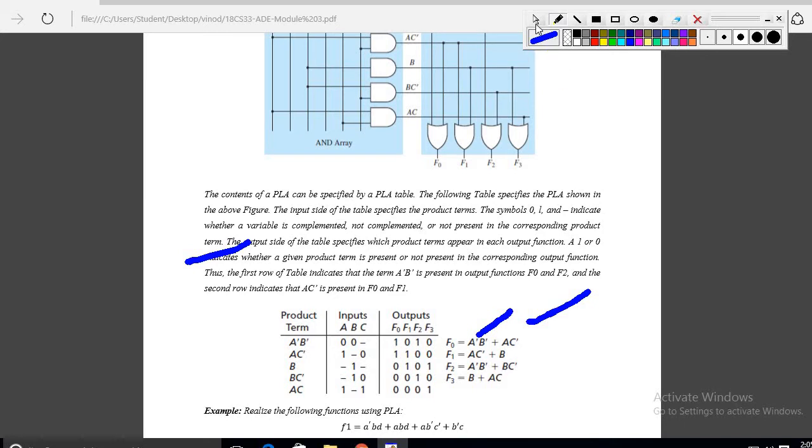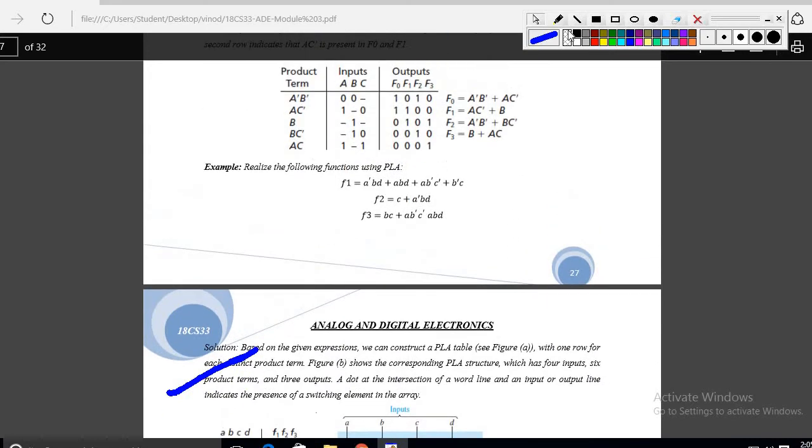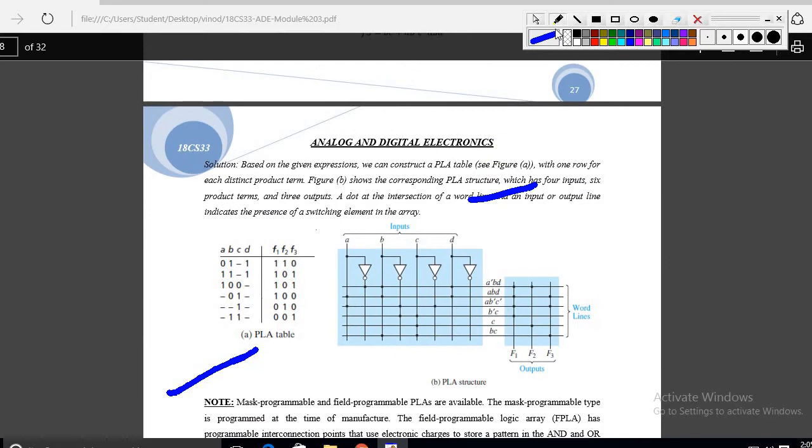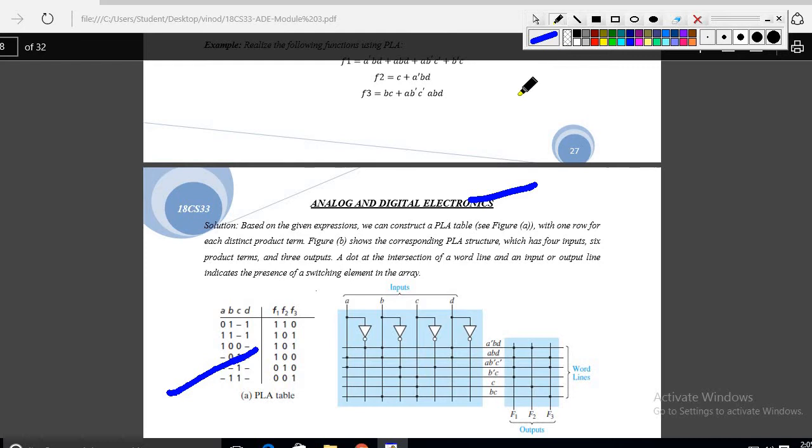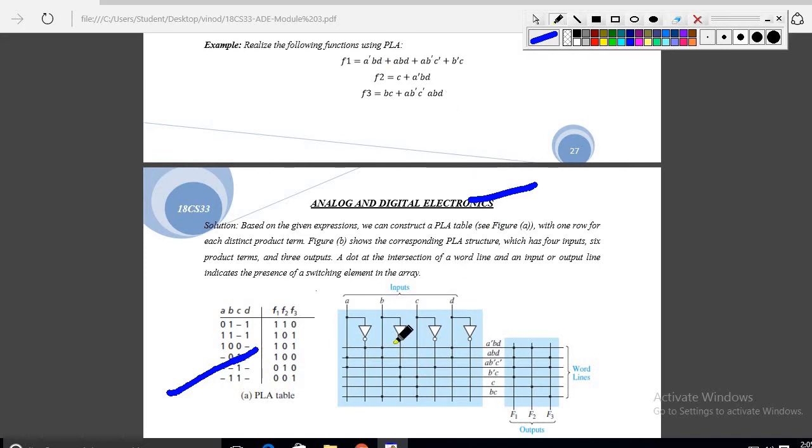Okay, so one more thing I wanted to show you, the same thing. For this expression I want to write the PLA structure and PLA table, right? So see here, this is also one of the expressions. What is the expression? A bar B D. First, there are 4 inputs, A B C D, so I am writing A B C D. For A bar, B bar, C bar, I am adding one inverter here. Instead of connecting an AND gate here and an OR gate here, I am just reducing that. This is also correct and that is also correct.